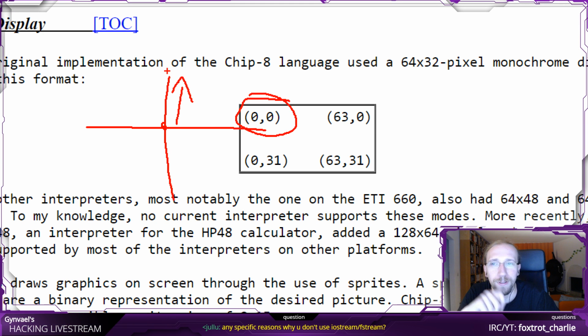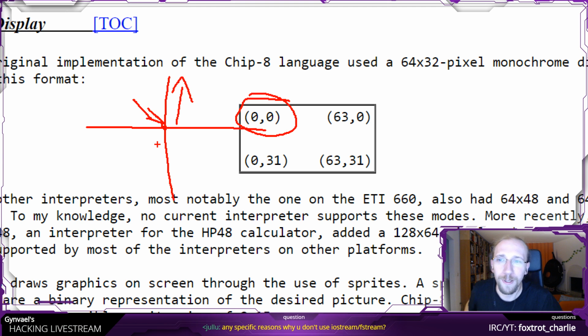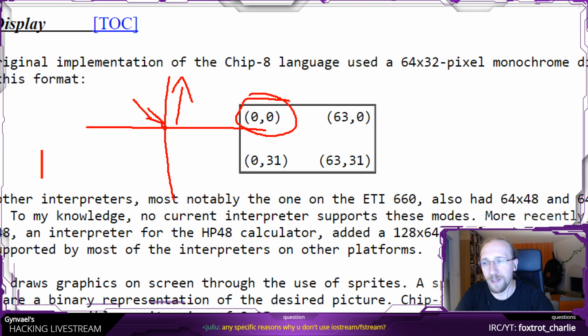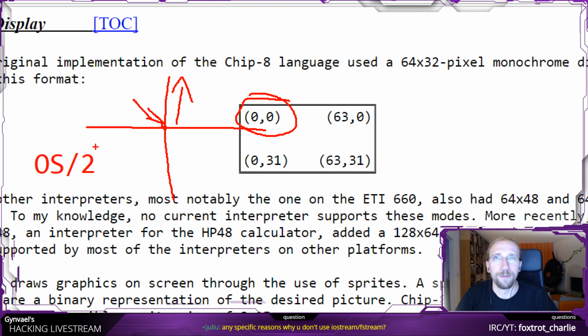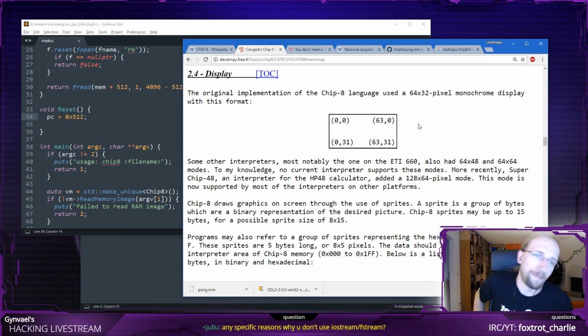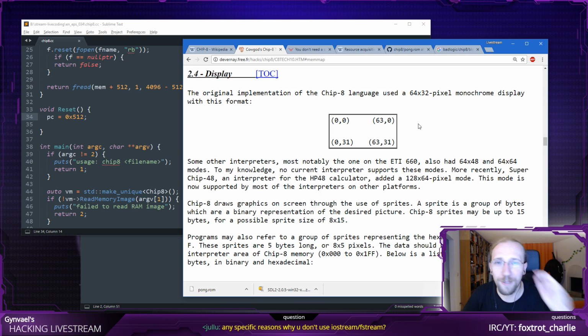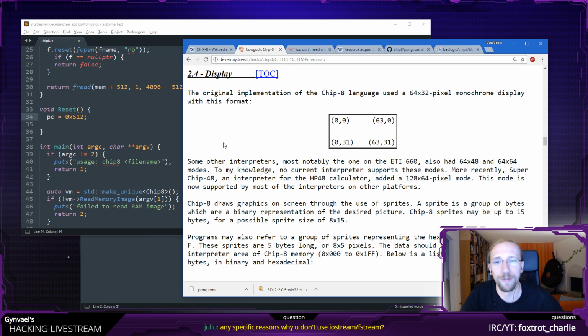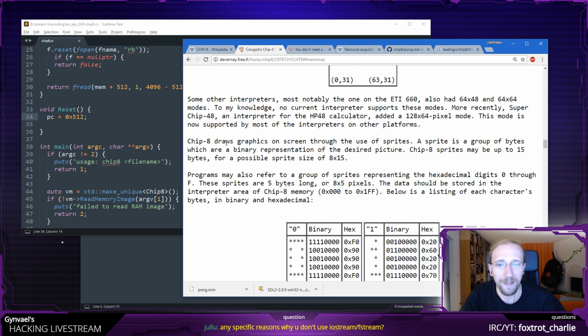So 0, 0 was in that place, and this is the only exception I know, the OS/2 operating system, which is quite funny. But I don't think that was a good idea, especially since scan lines always go from up to down. That had to be hell.